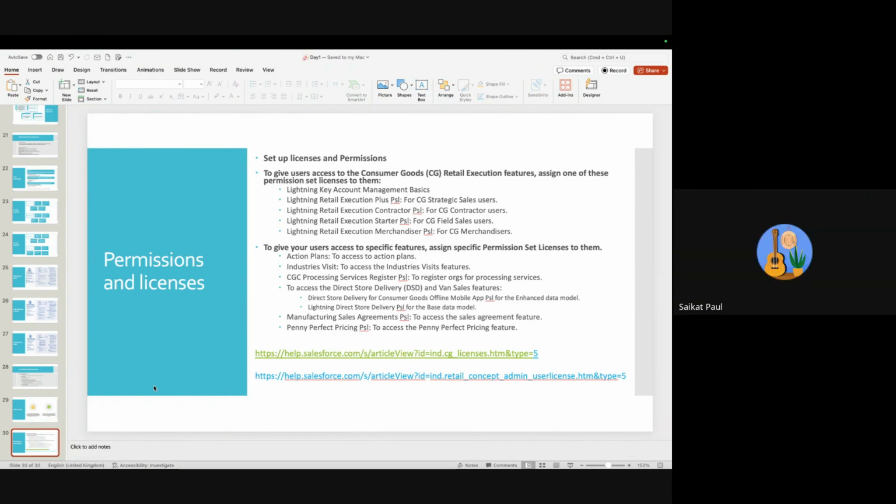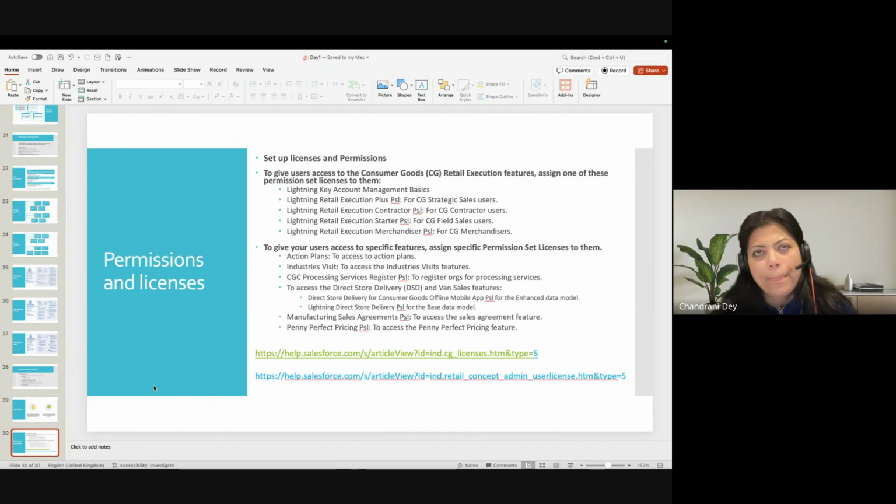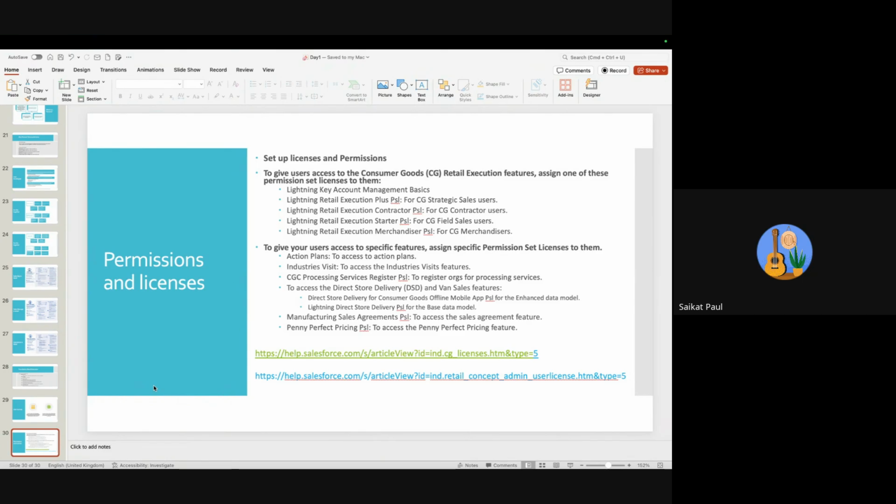What I've seen is, if you are taking the demo work from the Trailhead 30 days one, you have the Retail Execution tab and you can see all of those. But if I'm taking the IDO and I'm not able to find any Retail Execution, and I've raised a ticket also, then Salesforce told me that you have to create one.